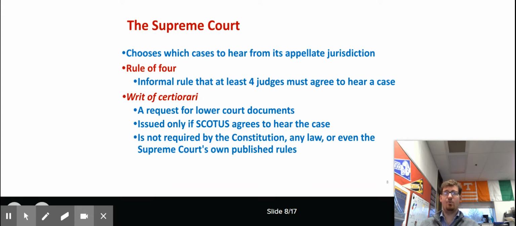That was changed to the Rule of Four, and this is to prevent a majority on the court from being able to control everything that is heard or isn't heard. So if 4 judges want to hear a case, it has to be heard. If a case is agreed to be heard,